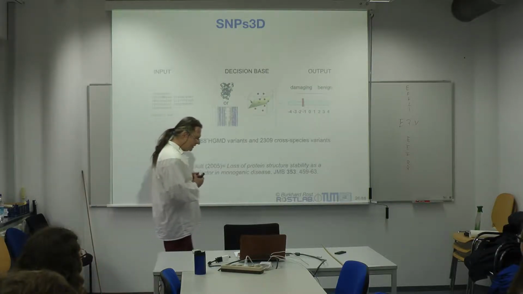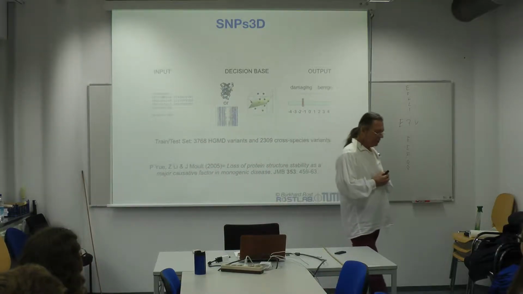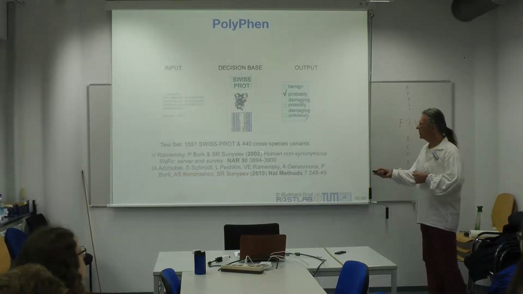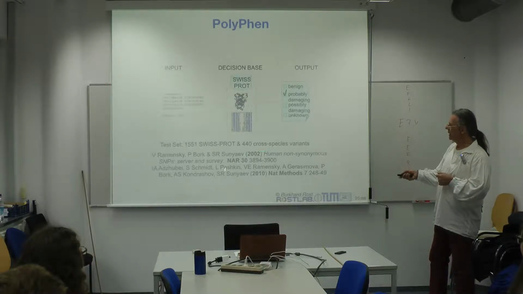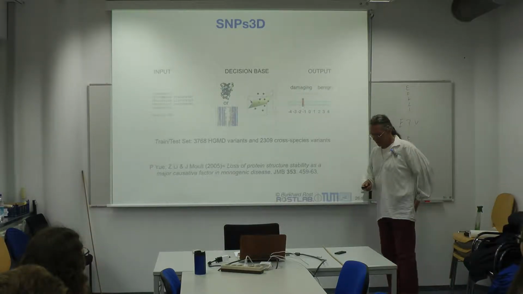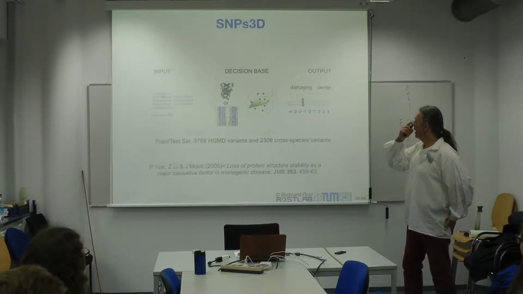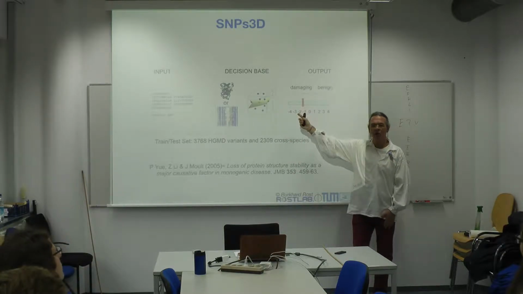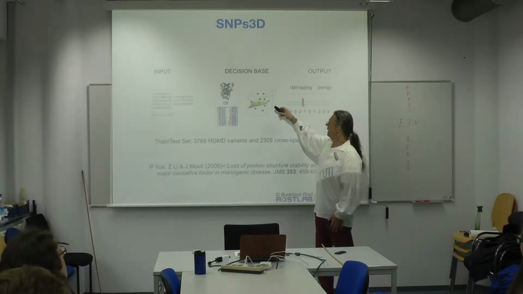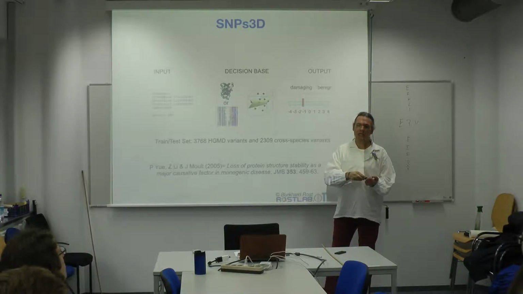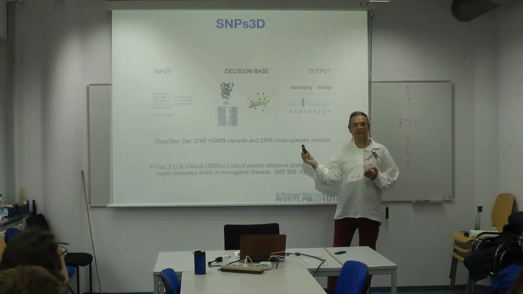Now we get into SNAP S3D, and SNAP S3D is again a similar story, but now the argument comes from the group of John Mould here, and again, just look at the numbers here. This, in fact, was even published before SIFT, I have to point out. This one was published after SIFT and Polyphen. The idea is now, we still use the alignment, but if I know the protein three-dimensional structure, I can distinguish between residues that are on the outside and residues that are on the inside, and different things will have different effects on these two.